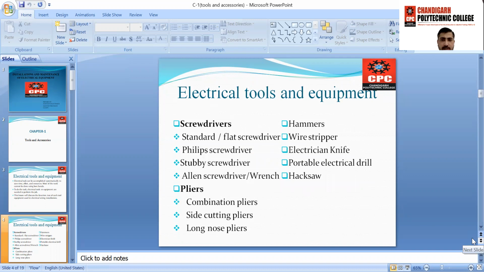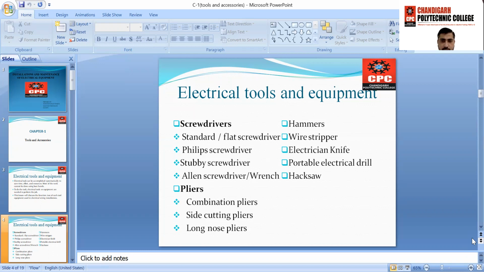These are some tools I am mentioning in this electrical tools and equipment. First, I am explaining the screwdrivers, which are used to loosen and tighten the screws in narrow areas. The first kind is standard and flat screwdrivers, the basic tools of an engineer and electrician.